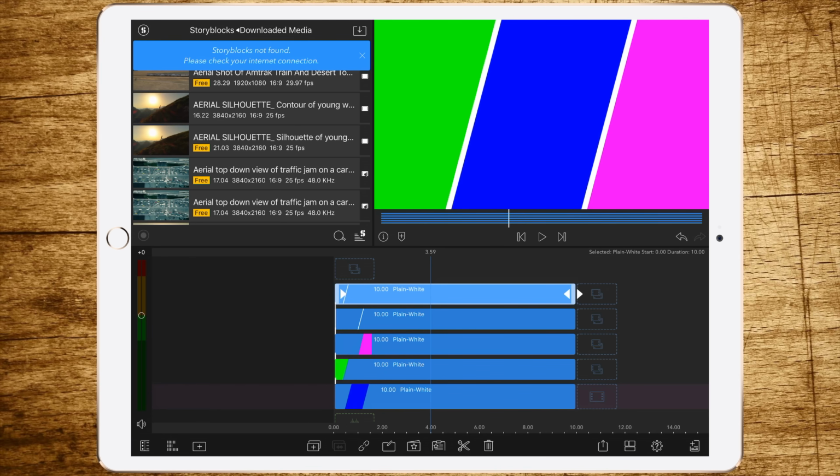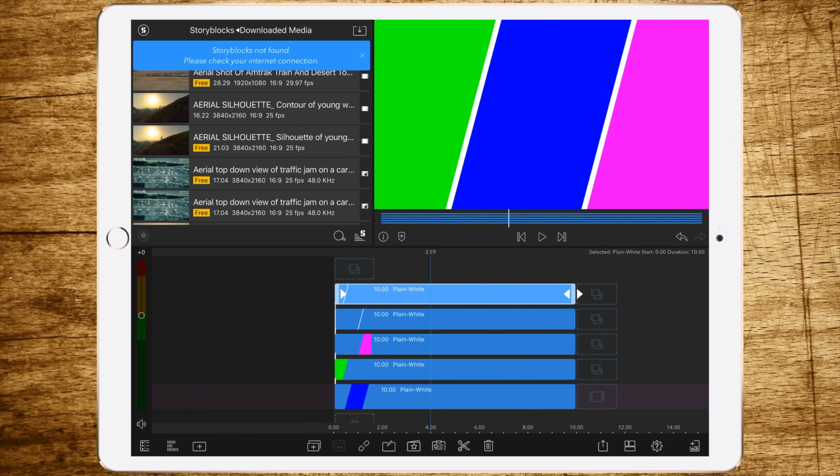But a good intro needs motion. So that's step 2, add motion to your intro, especially if you are using more than one clip. The motion I want to use in this intro is that it rolls down from top to bottom, one after the other. So the first one will be the green one, then the blue one, and then the pink one.